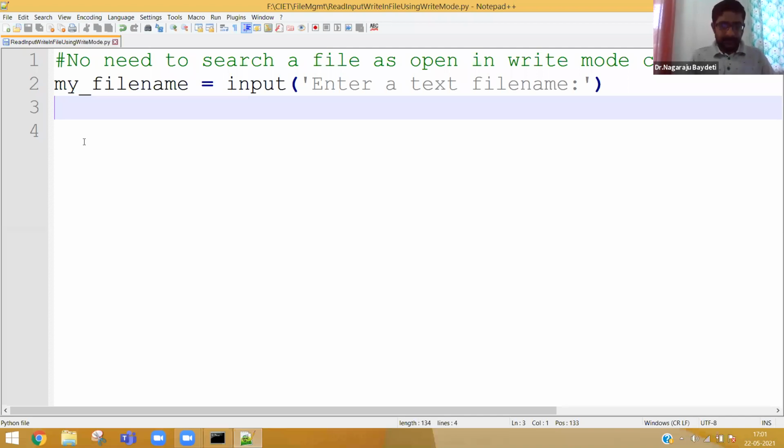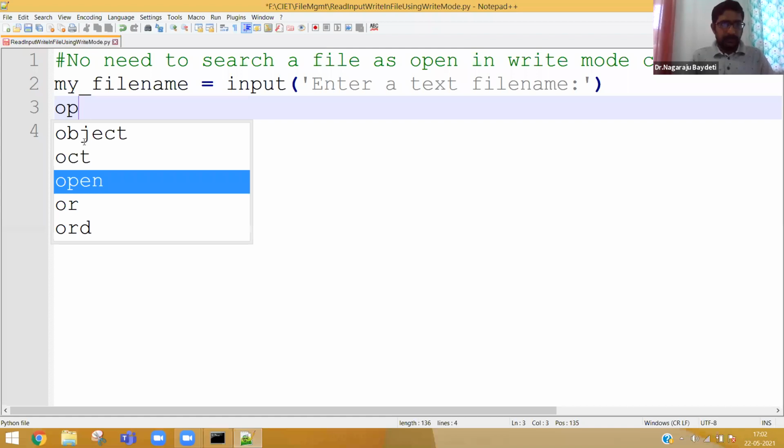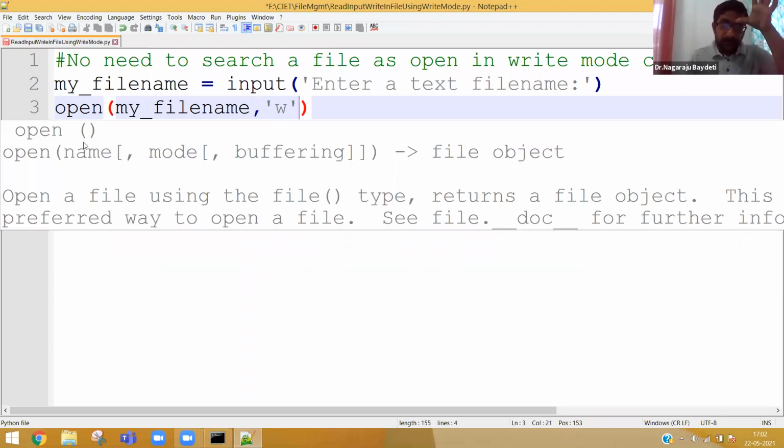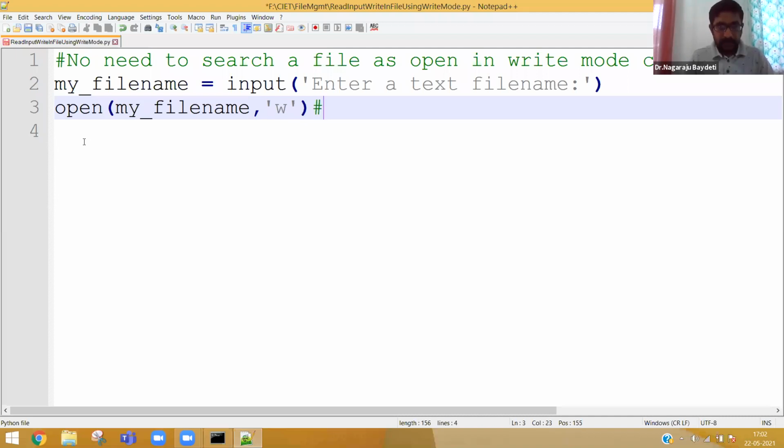Okay, then open my file name. In which mode? Write mode. W means write mode.